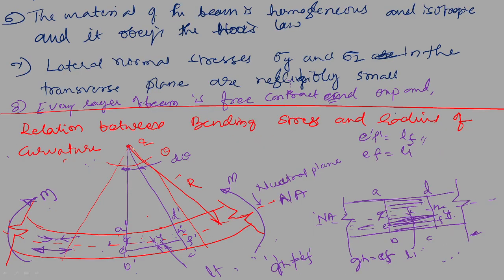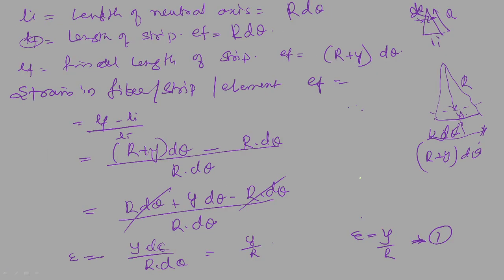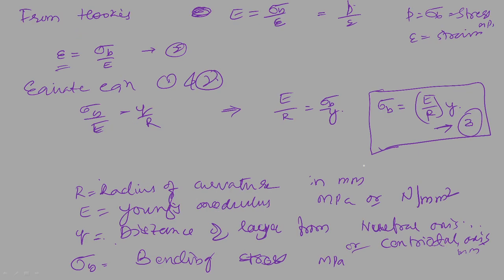curvature. Okay, and you made an assumption of two types of beams here. One is a straight beam and the other one is a curved beam. So considering an element EF, which is going to be elongated when you form it in a sagging moment. So it is going to elongate. Based on that elongation and deformation, you need to find out the value of strain here. Once you got the value of strain, then you can find out the relation between the bending stress and the radius of curvature. At last, you come to an equation here, that is E by R equal to sigma B by Y.